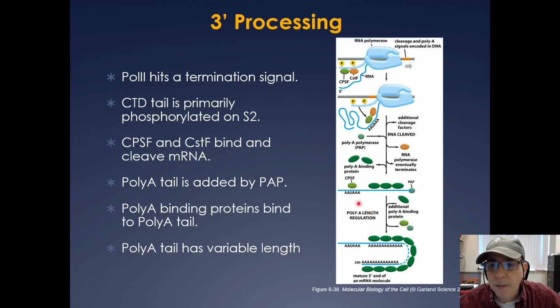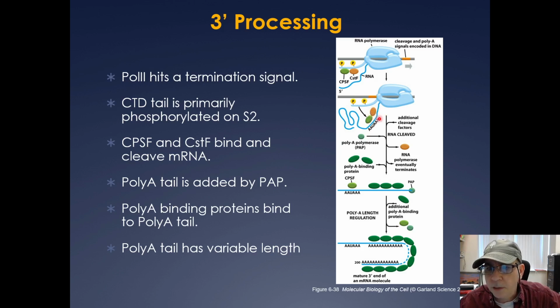And the way that works, and I want you guys to know this and be able to explain how it happens. So when Pol II hits a termination signal, the CTD tail of the polymerase is largely only phosphorylated on the S2. Okay, so S5 at initiation, S2 and S5 during elongation, which recruit the splicing factors, and then when it gets to the termination, it's largely S2. And then you have these proteins, CPSF and CSTF, that can associate with the serine 2 phosphorylated tail. They bind to the